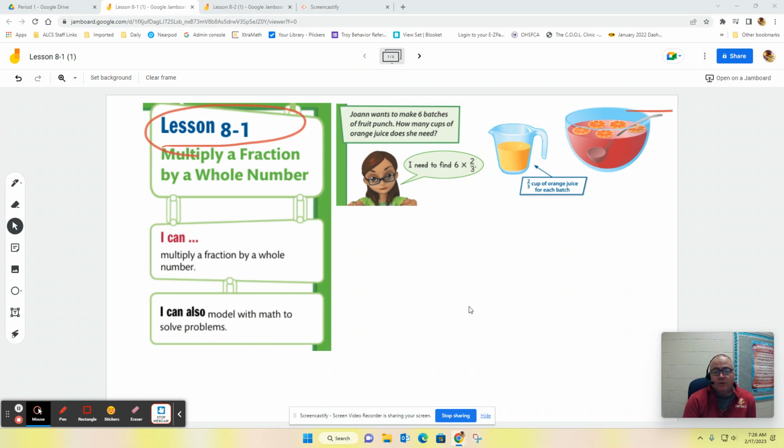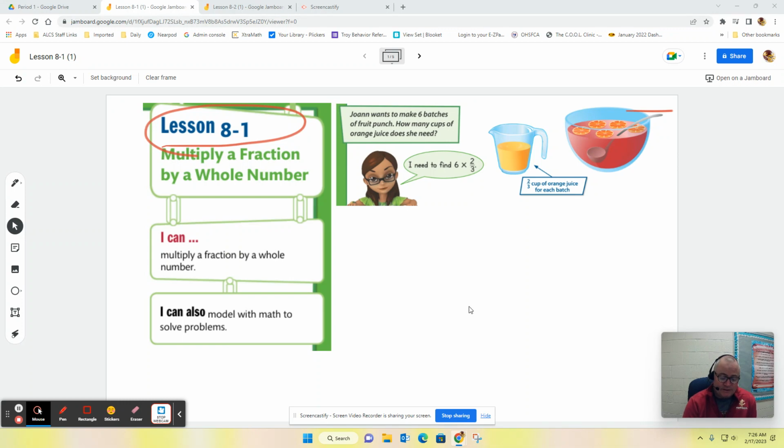doing our math. So topic 8 involves multiplying fractions, and we learn how to do multiplying fractions first by understanding how to multiply first a fraction by a whole number and then a whole number by a fraction. So we're going to kind of do both of those today, and I think you'll understand what I'm talking about